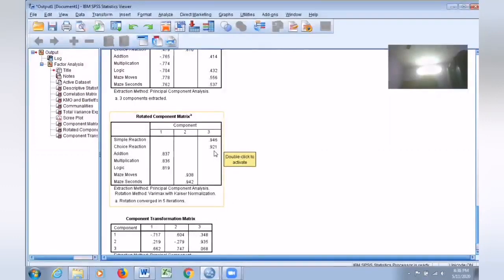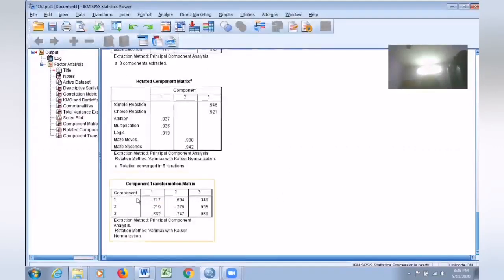So you can have 3 different names for these 3 different groups. One may be something like reaction ability of students, another mathematical and logical ability of students, and you can have puzzle reaction or puzzle solving ability. So 7 variables are grouped into 3 factors. In fact, SPSS is not going to give you the names for these factors. As a research scholar, you should find out and give names for each and every one of the factors. Fine. The last table is immaterial, you can just leave it.